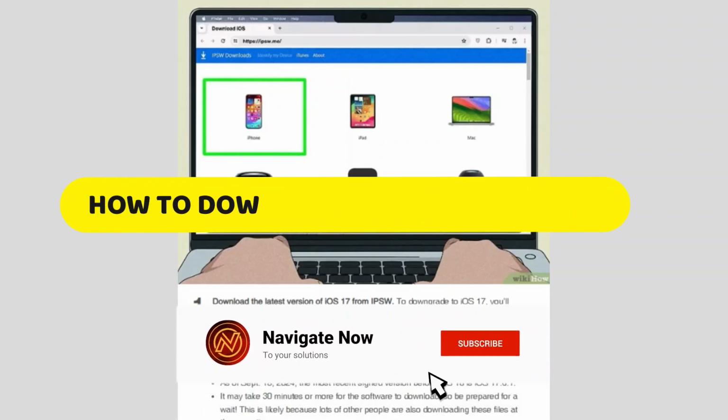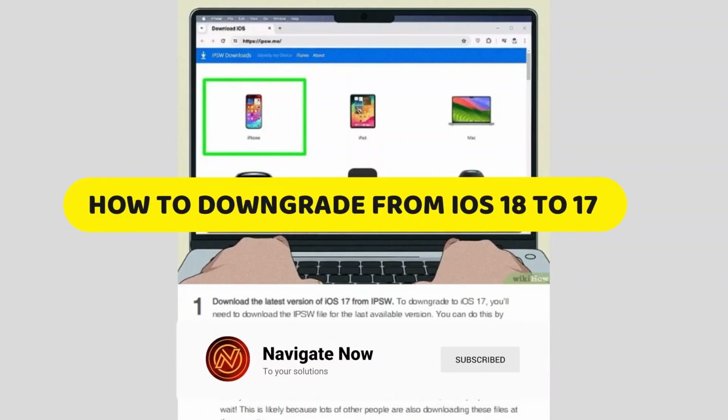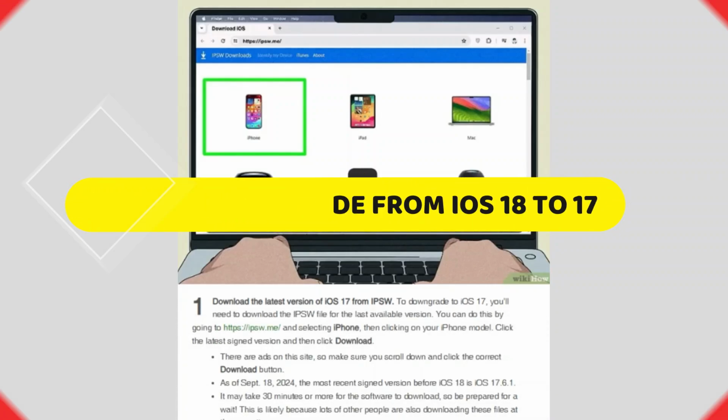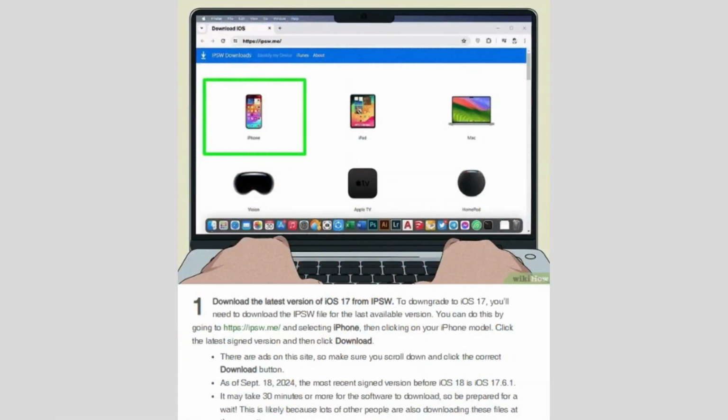How to downgrade from iOS 18 to 17. Hey guys, in this video, I'm going to show you how to downgrade from iOS 18 to 17. Alright, so let's begin. To downgrade to iOS 17, you'll need to download the IPSW file for the last available